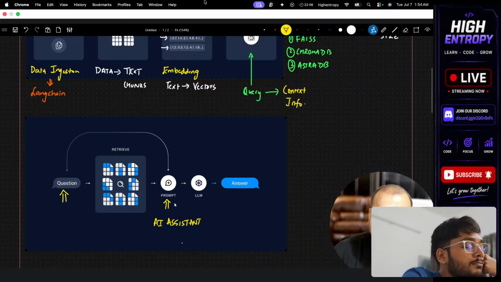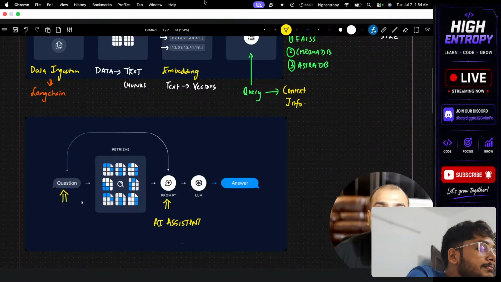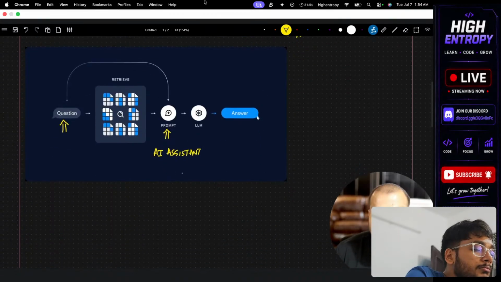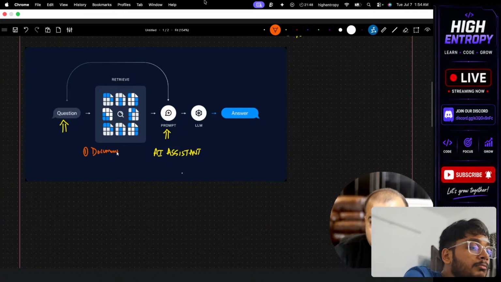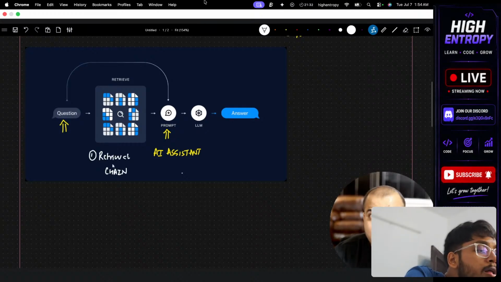Once I give this particular prompt, any question that is given here, we will combine with this prompt. As soon as we give this question, it will initially be searched from this vector store. From that vector store, we will get some context information. To query from the vector store, we really need to understand two important things. One is something called the stuff document chain. This is also a very important component which we will be learning about. And the second thing is the retrieval chain. Or I'll not just say two, I can consider it as one because the stuff document chain will be a part of that. So here we need to understand the retrieval chain, how it is created, and what this retrieval chain is. This retrieval chain is nothing but an interface